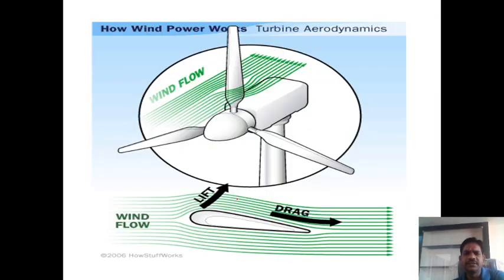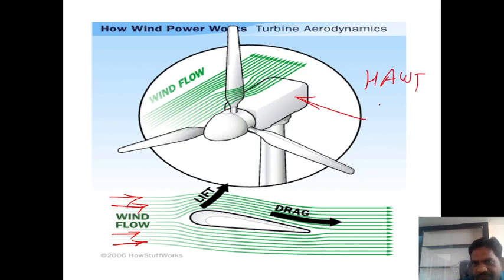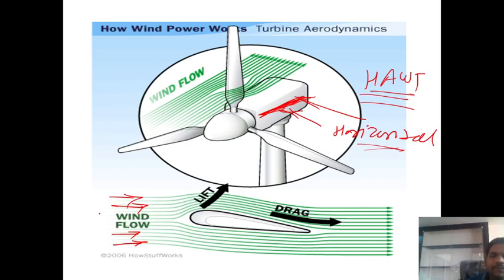So let's discuss here now. See, guys, what is the application principle? This is the nature of the flow of the wind. Whenever the wind flows and strikes the blades, what type of wind turbine is this? A horizontal axis wind turbine. The shaft of this wind turbine is horizontal in nature, that's why we call it a horizontal axis wind turbine.